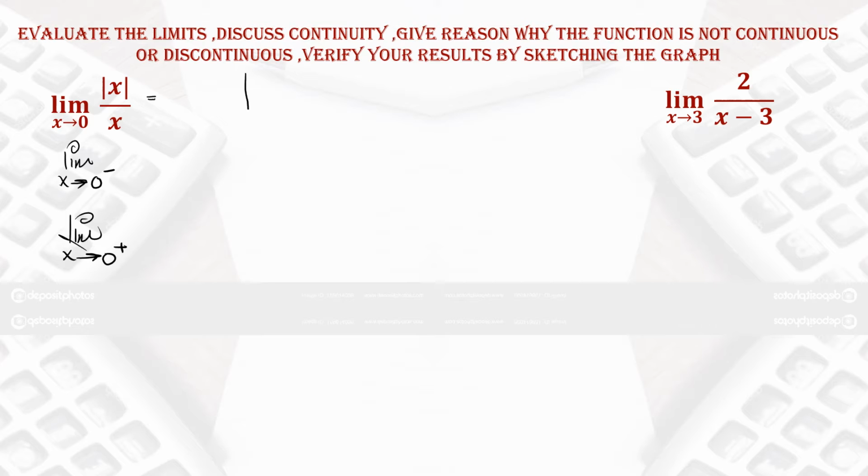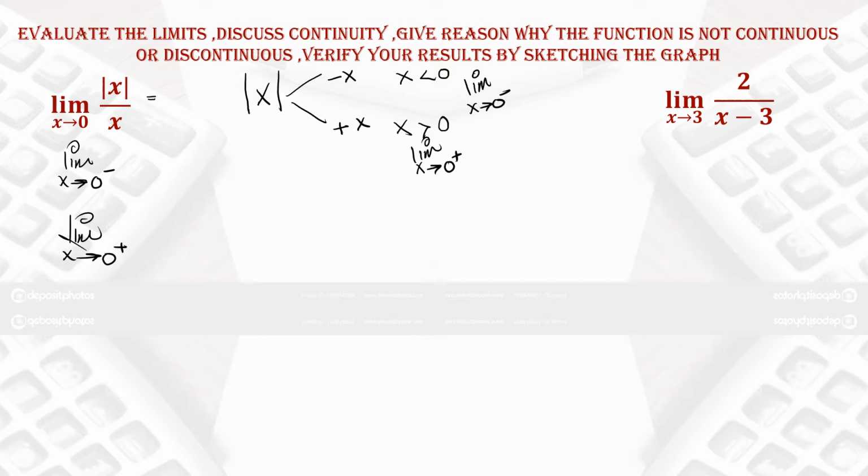And I explained that whenever we have the absolute value of x, we can write it as negative x and we can write it as positive x. We write negative x when x is less than 0. When we write positive x, it means x is greater than 0. x less than 0 means we are reading the limit as x approaches 0 from the left side, and x greater than 0 means we are reading the limit as x approaches 0 from the right hand side.